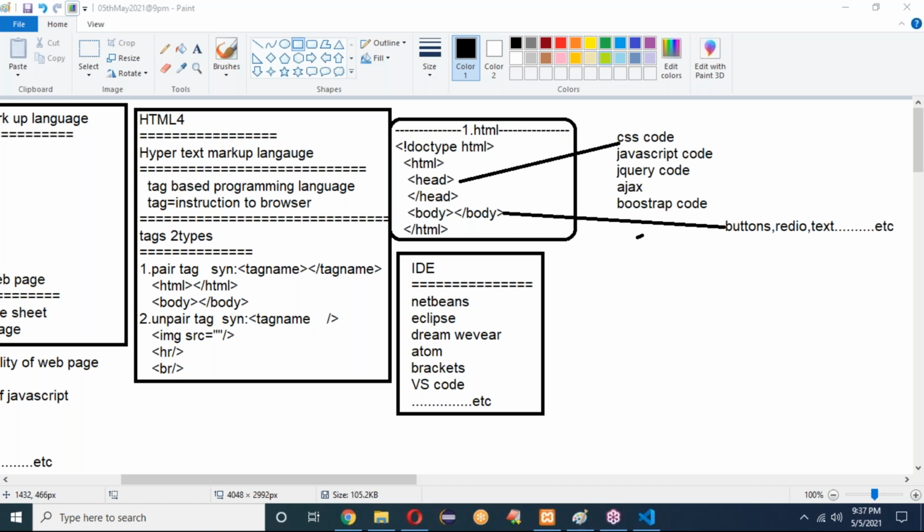Yes, Kavya. Any doubts? Are you asking me any doubt?